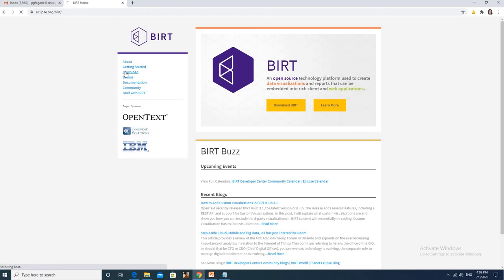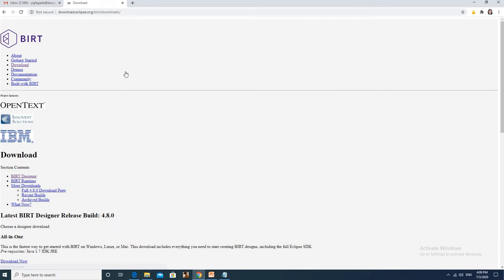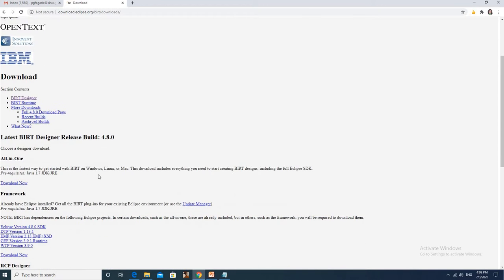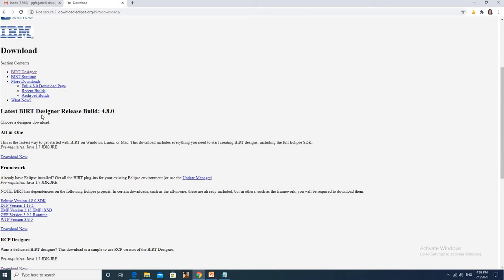Click download. Now here you can download the latest BIRT Designer release build 4.8.0. You can download the all-in-one BIRT Designer release from this link.